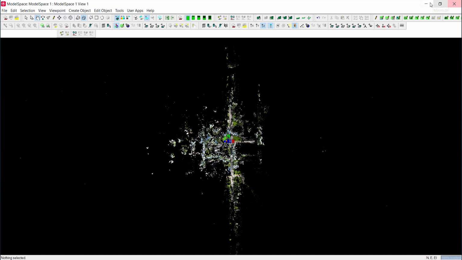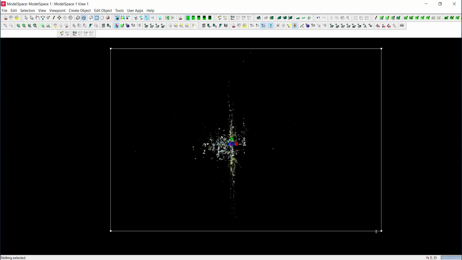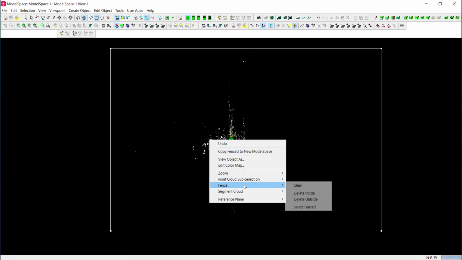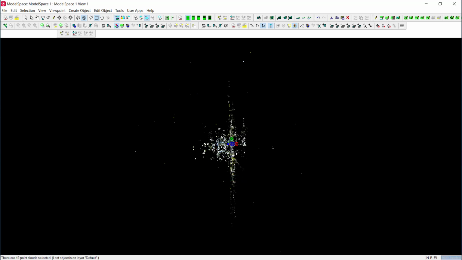So we can zoom out, get the whole project in view, then select your fence tool. Copy this project. We'll do fence, select fence, then right click, copy. All right, it's going to copy it. Then we're going to go